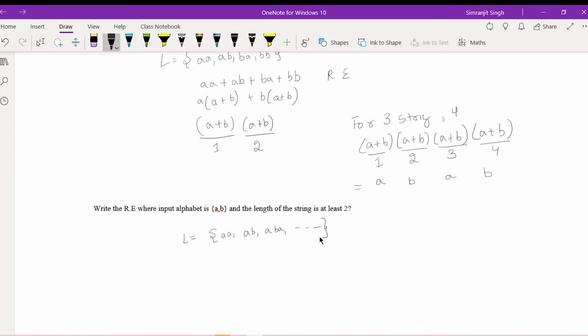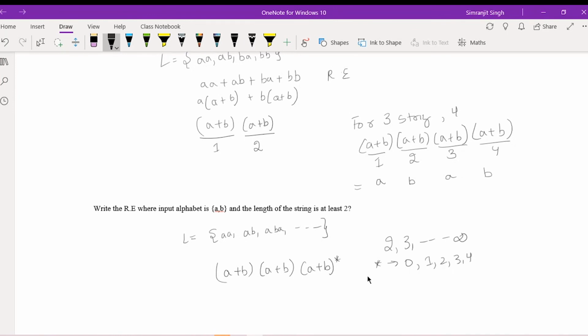Yeah, exactly right by Varun. If you see, I have said this again and again that a two length string, at least two length, is required. So for two length, you can write like this: A plus B, A plus B. After that, any number of A and B's can come. So at least two means at least two should be there. Two up to infinity can be possible. Okay, so that is why here, if you write A plus B star, this star represents the value like this: 0, 1, 2, 3, 4.